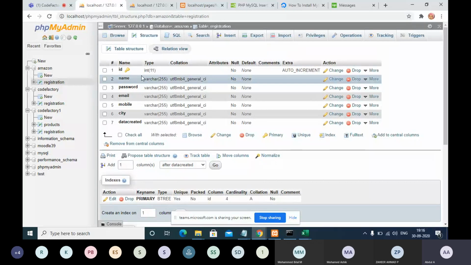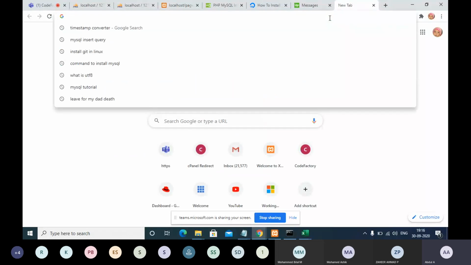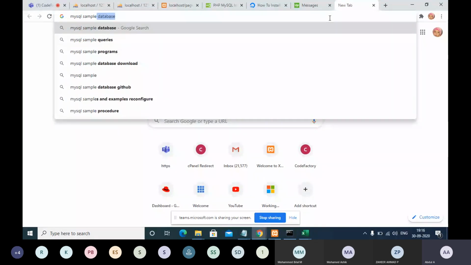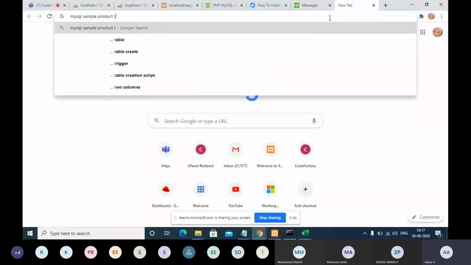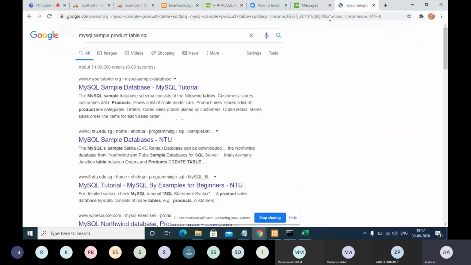So now, for example, let me go on Google and try to get some product data. For example, MySQL sample product table SQL, or whatever.